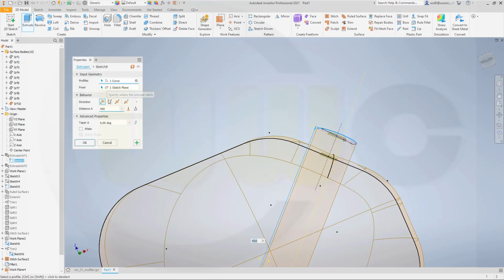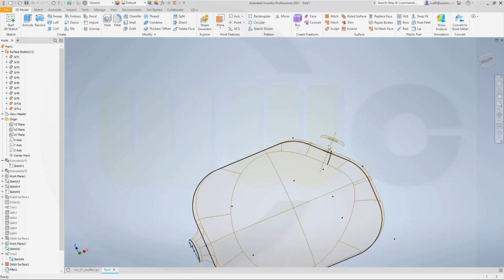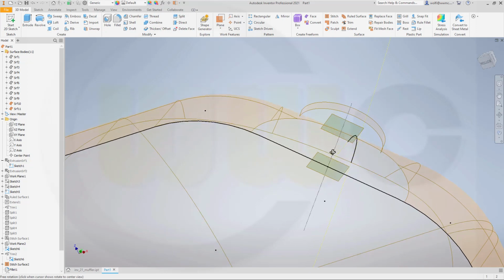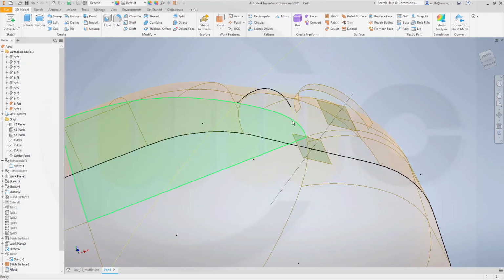Okay. Make it 5 millimeters in the suggested direction, and now I need to go from this point to that point and from this point to that point,